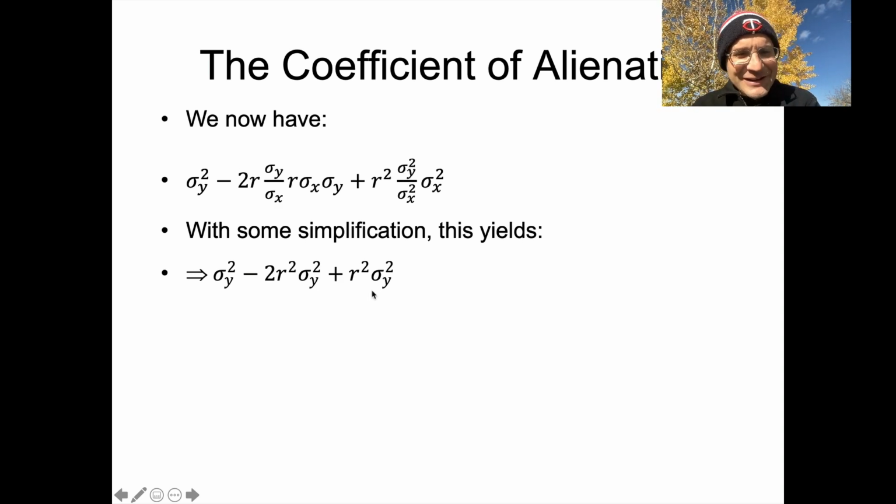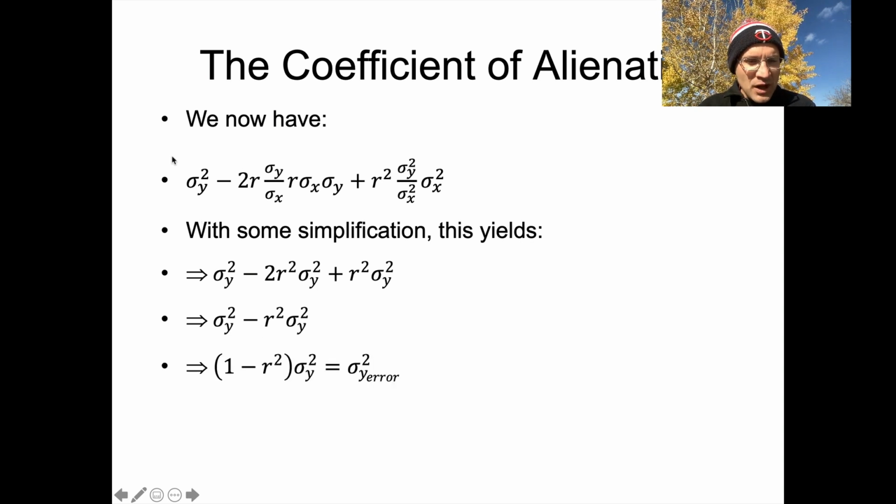Okay, what does all this mean? We can even go a bit further, as you might be able to see here, because we've just got the variance of y in different sorts of expressions here. So collect these two guys into just a minus r squared times the variance of y. And then I'm going to factor this part out, the 1 minus r squared part, and say 1 minus r squared times the variance of y equals the variance in the error term. Okay, so that looks relatively clean and manageable after all that work. I'm going to do one step here which might seem a bit odd, but it'll come up again a little bit later.